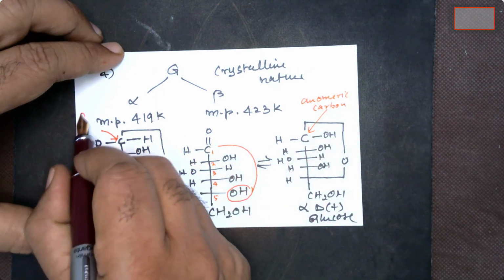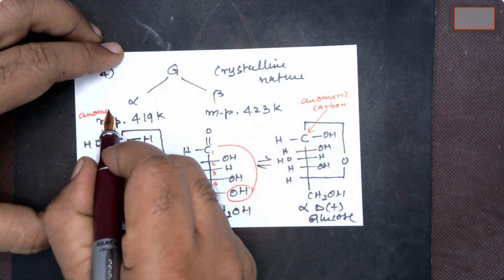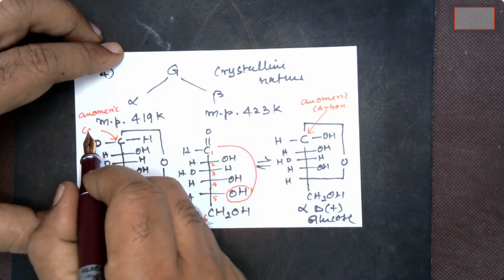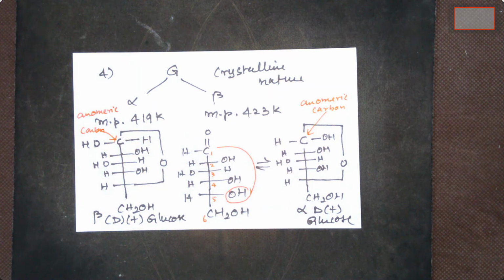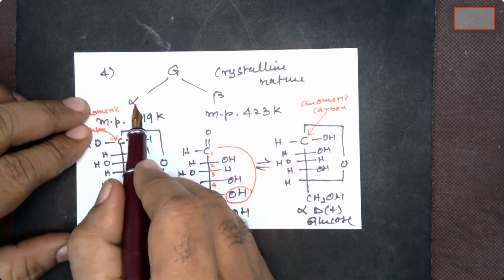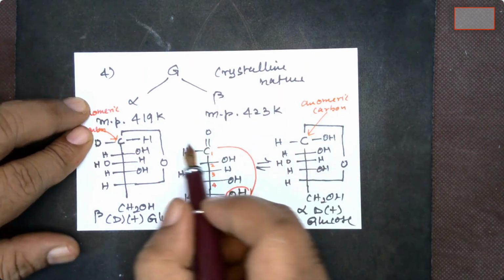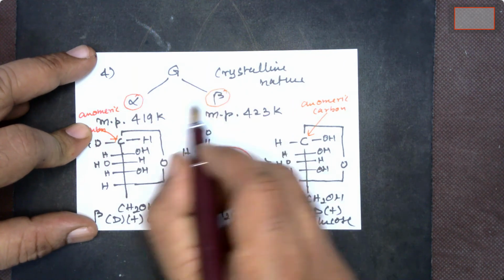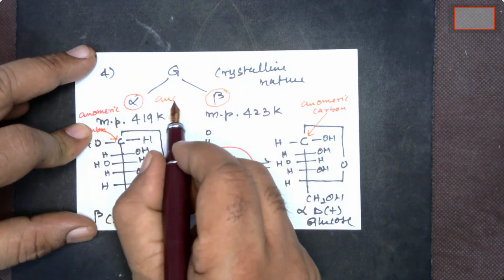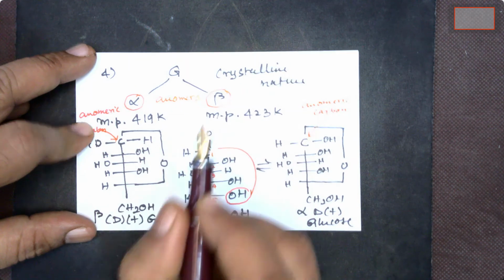Similarly, the anomeric carbon is involved in the hemiacetal ring structure. So it is proved that it is not an open structure, and these two structures, this alpha and beta forms, are called anomers. They are called anomers. Okay,